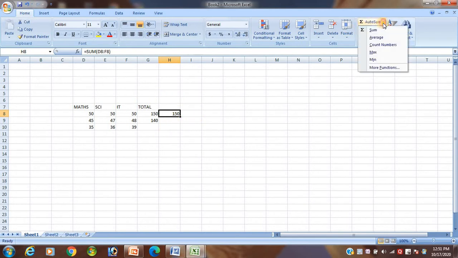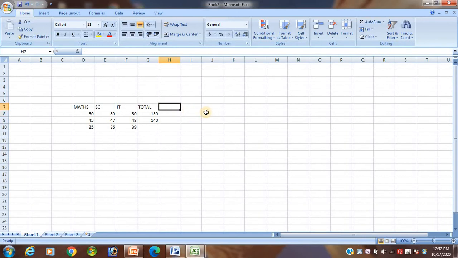In the AutoSum drop down menu, you see so many other functions. Suppose I want the maximum, or the minimum, or the average.